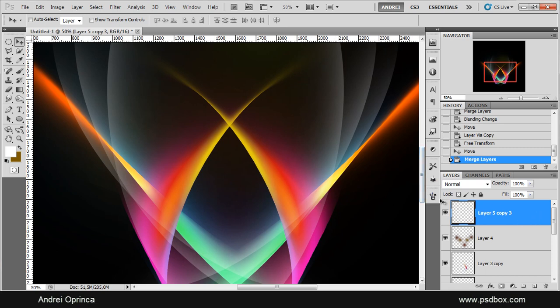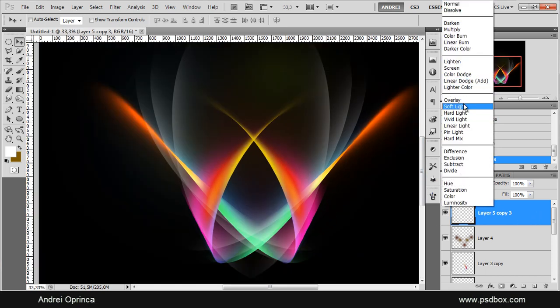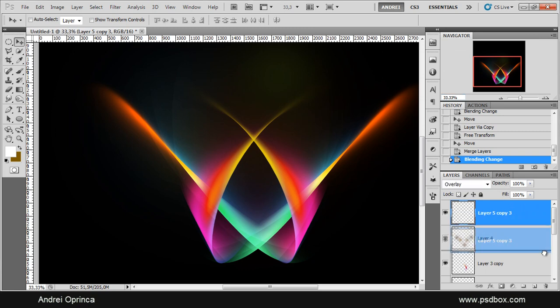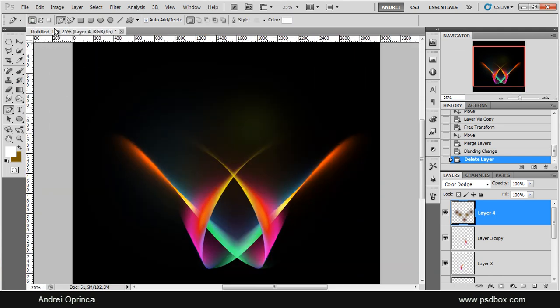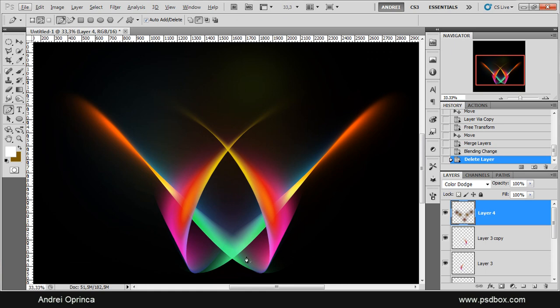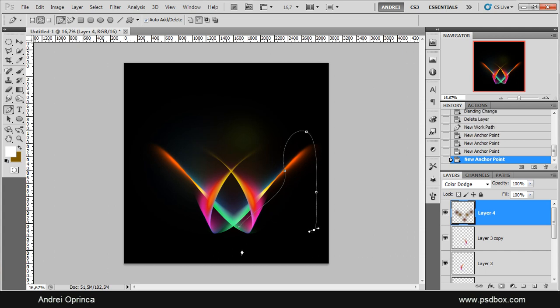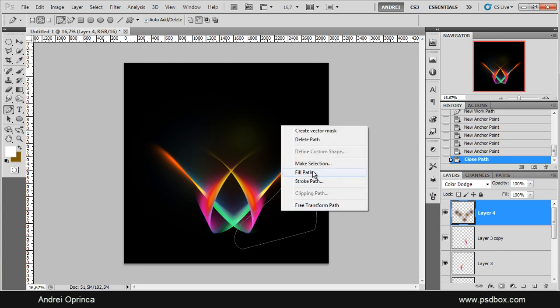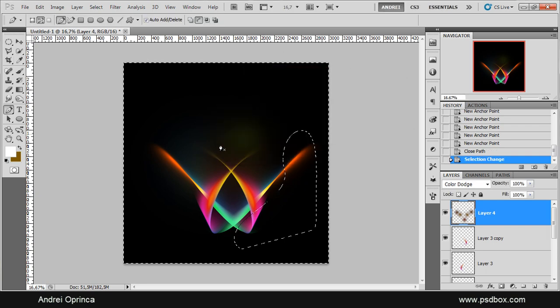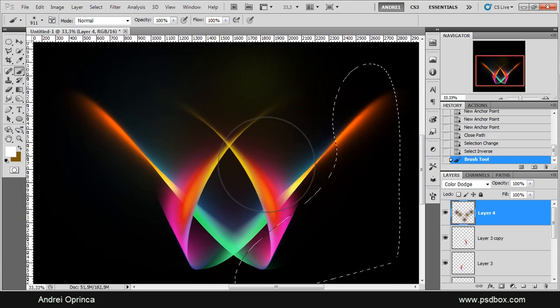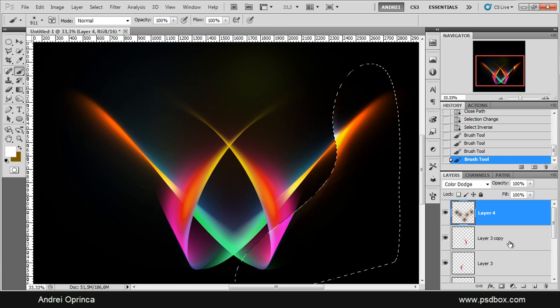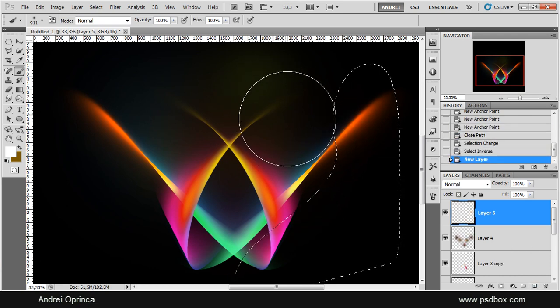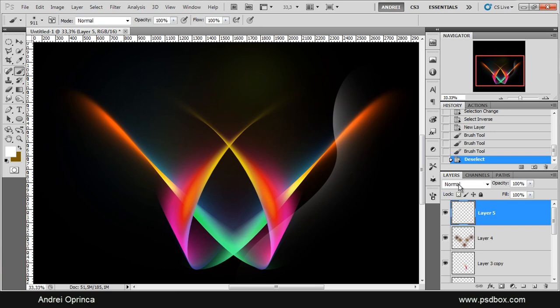You can get that effect there, but in this case it's not looking too nice, so I'll just delete that layer. What you can do is use the pen tool, also use the path option, and you can draw a selection like that. Right click and choose make selection, and I have to invert that, and just do the same. Use a soft brush, paint along the selection. Oops, but I have to create a new layer first, and just paint with white, something like that,